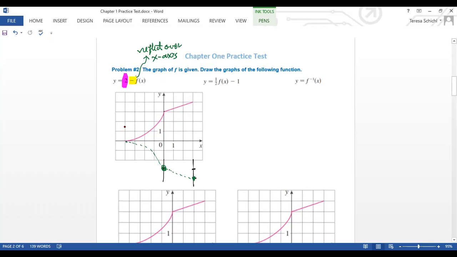So this point is going to shift up 2, going to here. And this is negative 3, shift up 2 is 1, 2, so going to here. This is negative 4, so 1, 2, so going to shift up to here. Now I finish all the transformations. So now I use the solid line to graph it, so I know the red one is